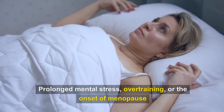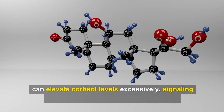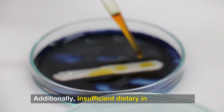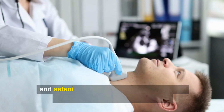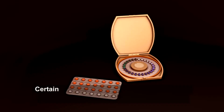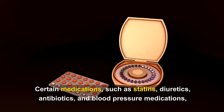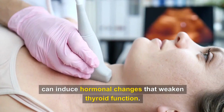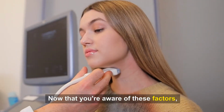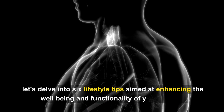Prolonged mental stress, overtraining, or the onset of menopause can elevate cortisol levels excessively, signaling the thyroid to produce fewer hormones. Additionally, insufficient dietary intake of iodine and selenium from wholesome sources may hinder thyroid hormone synthesis. Certain medications, such as statins, diuretics, antibiotics, and blood pressure medications, can induce hormonal changes that weaken thyroid function. Now that you're aware of these factors, let's delve into 6 lifestyle tips aimed at enhancing the well-being and functionality